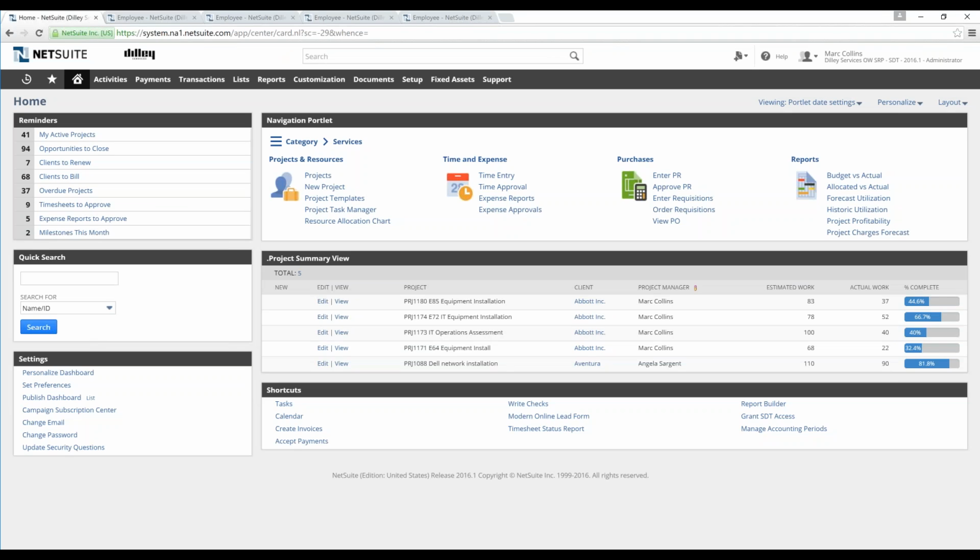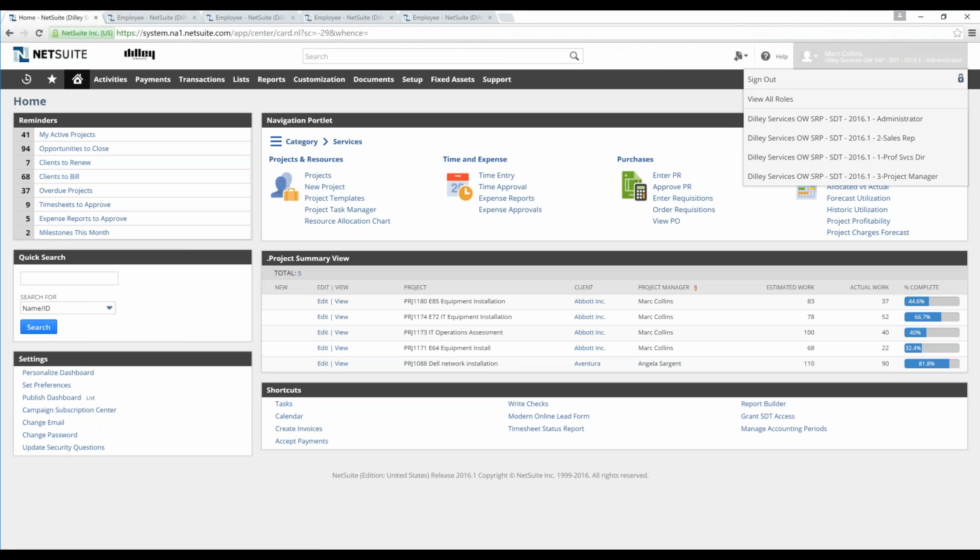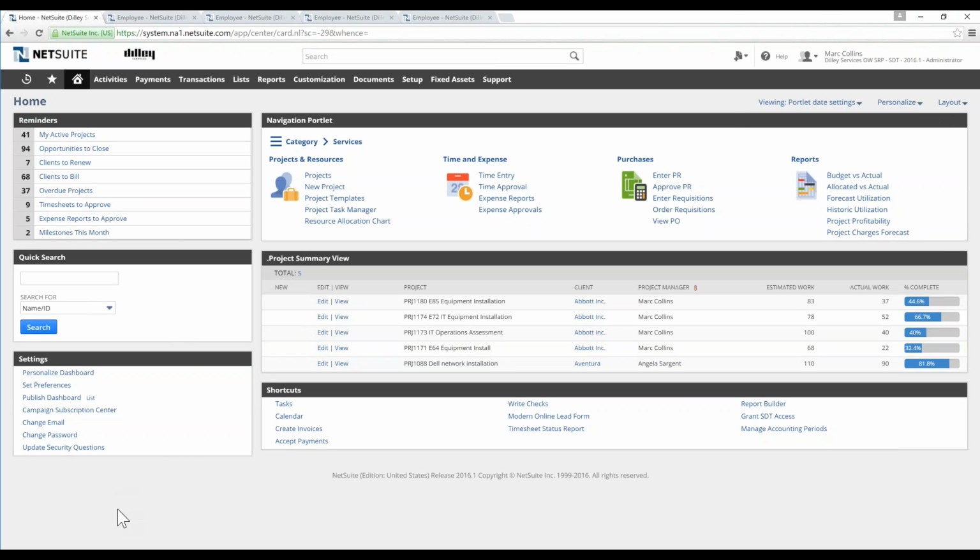NetSuite, the actual desktop or the home page of this particular individual. His name is Mark Collins, and Mark, as you can see up at the top right-hand corner, is going to be the project manager of our project. Mark has an administrator role, so Mark sees quite a bit of functionality within the solution because of his admin